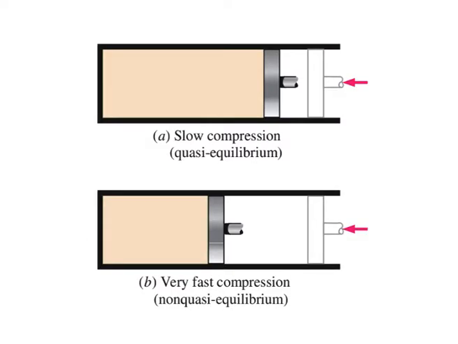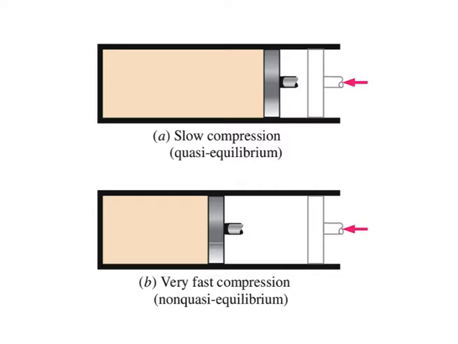As shown in figure, when a gas in a piston cylinder device is compressed suddenly, the molecules near the face of the piston will not have enough time to escape, and they will have to pile up in a small region in front of the piston, thus creating a high pressure region there. Because of this pressure difference, the system can no longer be said to be in equilibrium, and this makes the entire process